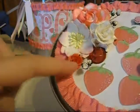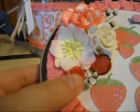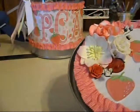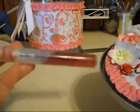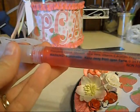This is another mini rose, and I did this one with a homemade shimmer mist that I use. I put it in this little...